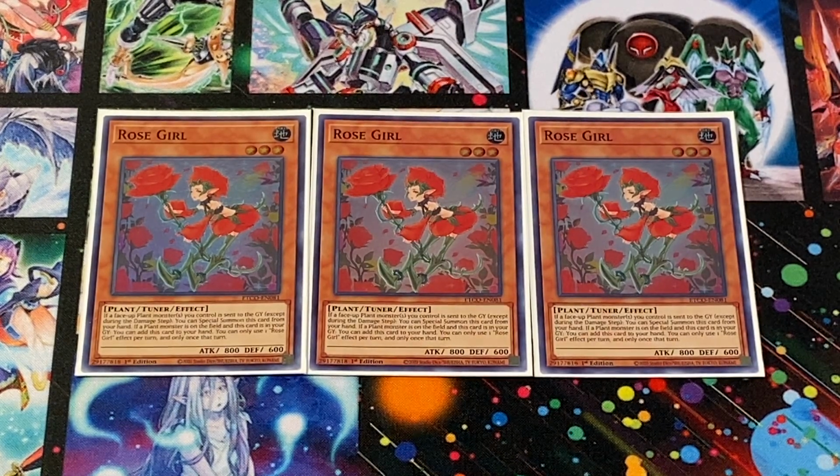you can go for things like Crystron. The other ability, as an exclusive ability where you can use one or the other, is if a plant monster is on the field and this card is in your graveyard, you can add this card from your graveyard to your hand. Again, only one of these effects per turn and only once that turn, but it's also cool here